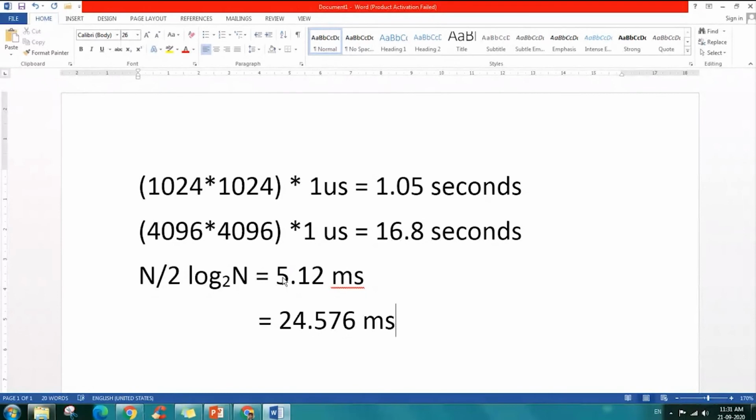Priyanshi, what is your question? In the direct case, is the number of complex multiplications N squared or 4N squared? No, we are taking N into N, the general case. If you go by the equation, then it is 4 into N squared, because in that we are calculating the complex term expansion also.